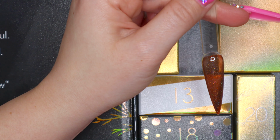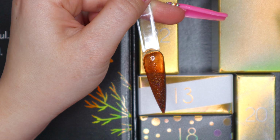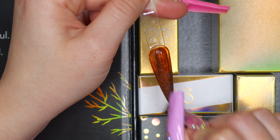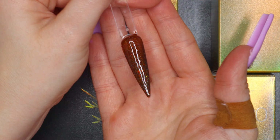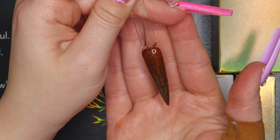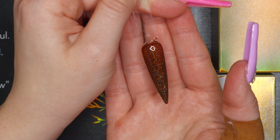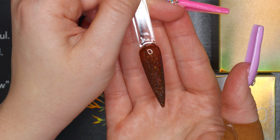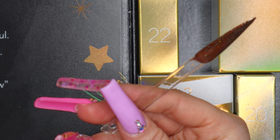And last, we're gonna swatch Coffee Talk. It would be nice if I was in frame. Okay, so I really love this color now that I can actually see what it's looking like. Yeah, definitely fall vibes right there. All right, so I'm gonna cure these and we're gonna go in with the top coat and the velvet matte